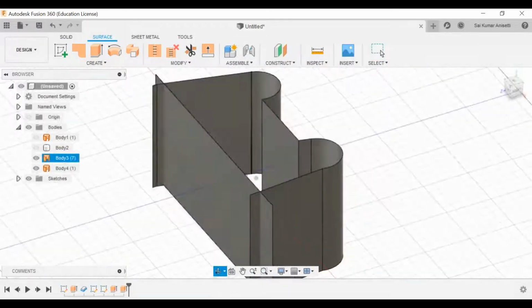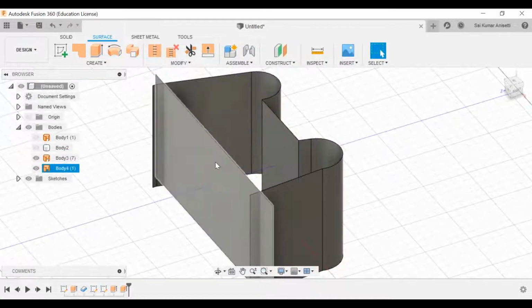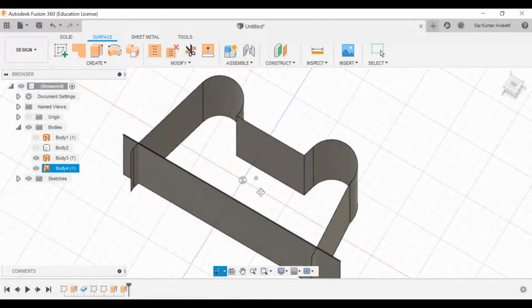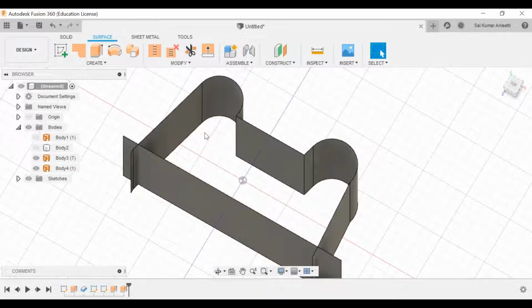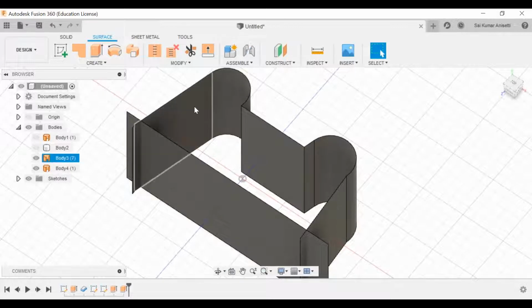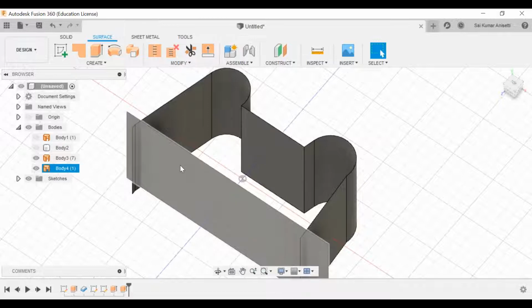These are my reference surfaces. That means I want to create a solid body in between this enclosure. What stylers actually do is they give this surface to you. This will be your input to your solid modeling.